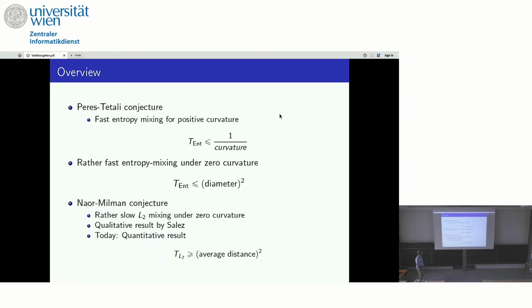So here's the overview of the results I want to present. The first thing is the conjecture by Peres and Tetali about Markov chains with positive Ricci curvature. Their conjecture was that this Log-Sobolev constant can be lower bounded by the lower Ricci curvature bound. A bit of a spoiler: in general, this is not true. There's a very easy counterexample I can show you. If we have an additional assumption, which corresponds to some L infinity Wasserstein decay in the heat semigroup, then we do get this entropy estimate, this Log-Sobolev estimate.